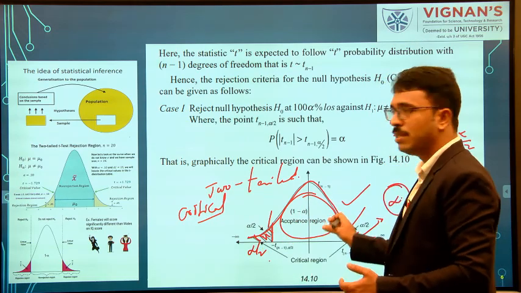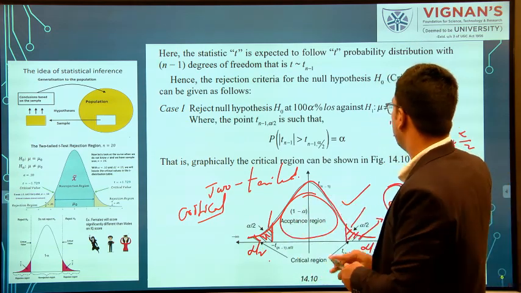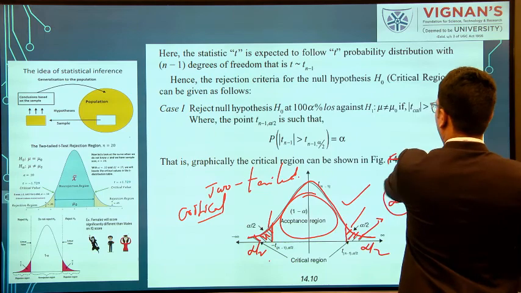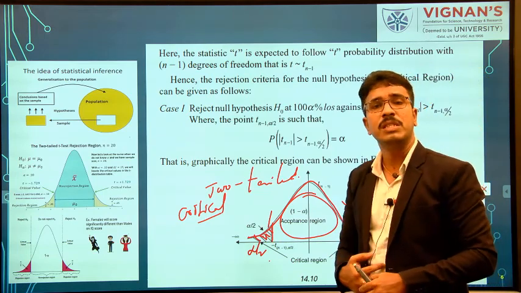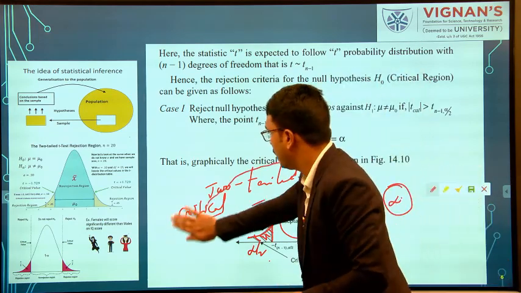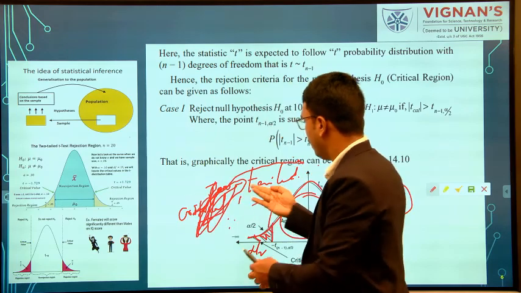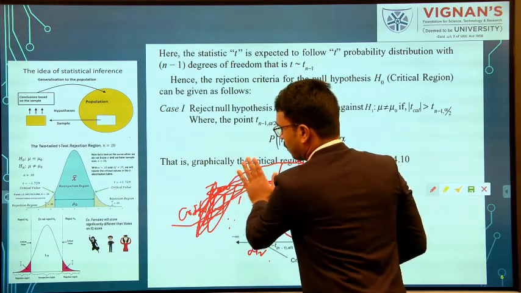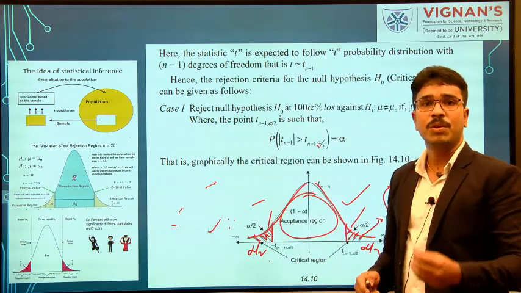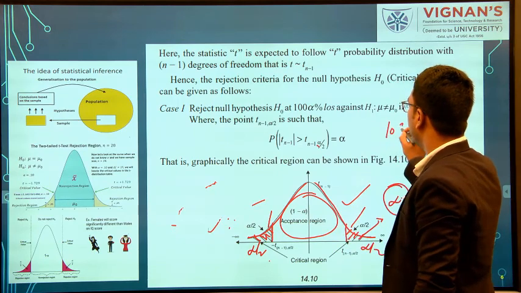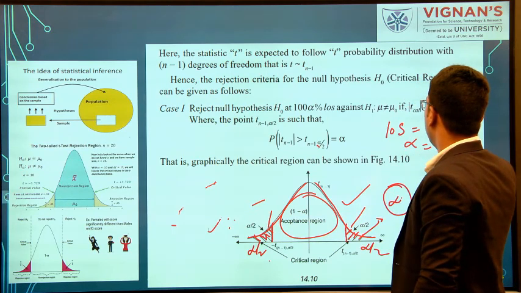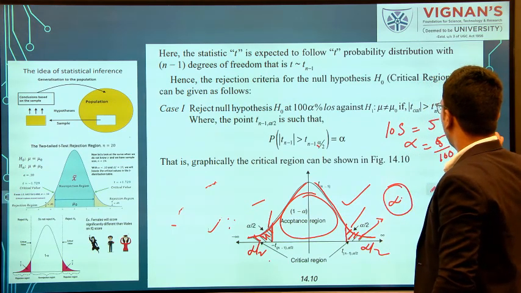Okay. So, all these things we have discussed in the last class itself, and this alpha is related to the level of significance. Depending upon the level of significance given in the problem, we have to use this alpha. Suppose the level of significance is 5%, that means what is the alpha value? Alpha value is 5 divided by 100, that is equal to 0.05.